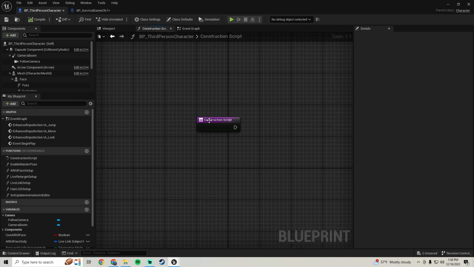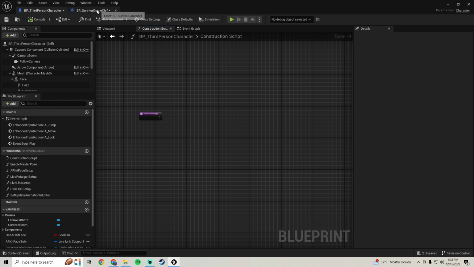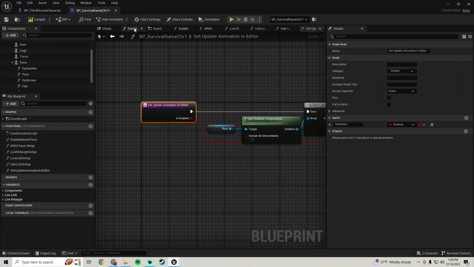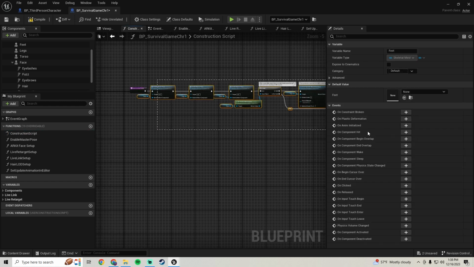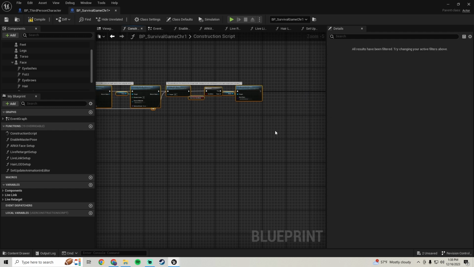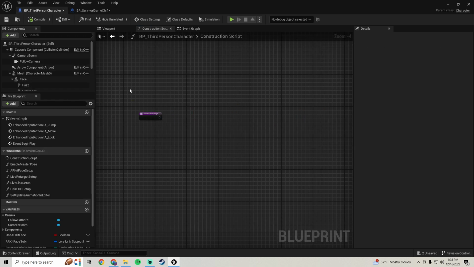And we're gonna go into the construction script right here, and we're gonna hop over into the Metahuman. We're gonna go into that construction script. You can also go into it over here. We're gonna copy all of this. Copy all of this over, Control C, hop back over to the player character, paste it in,